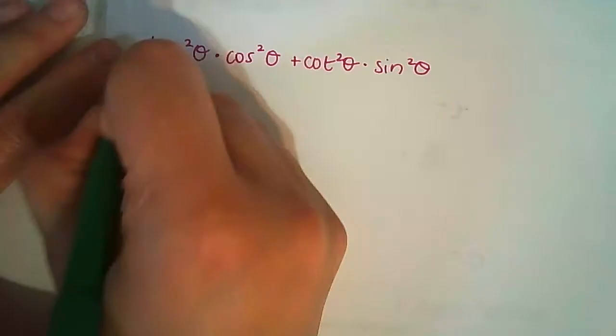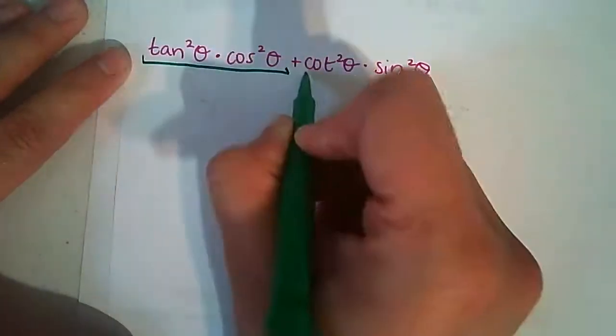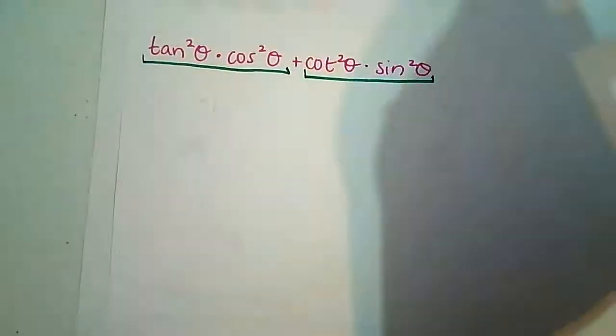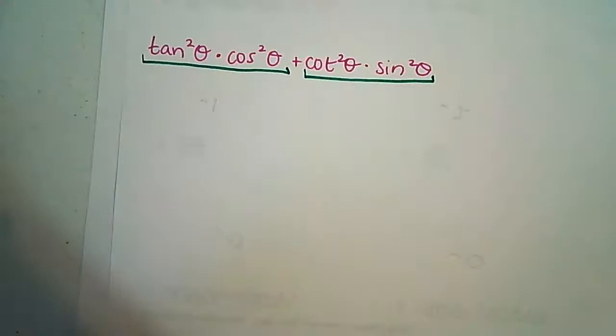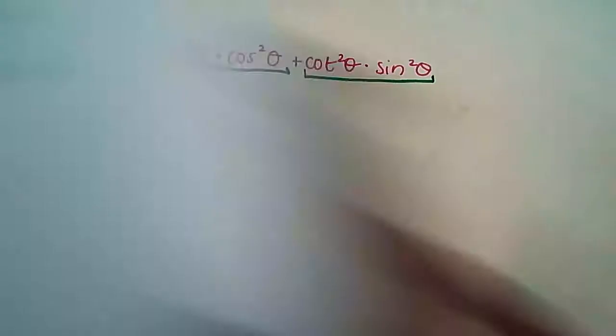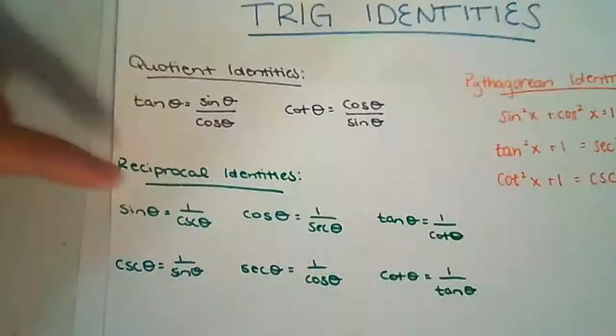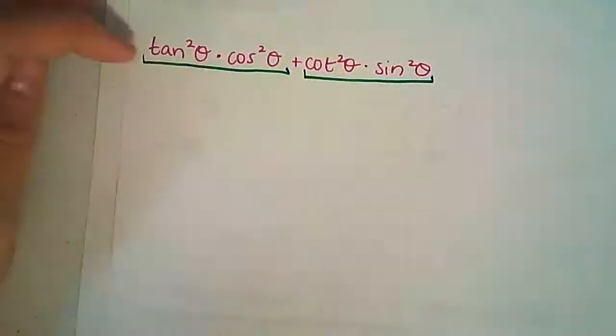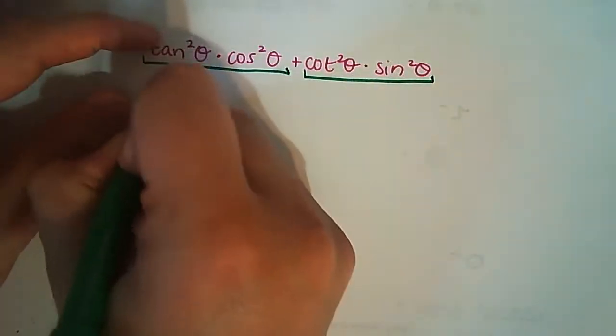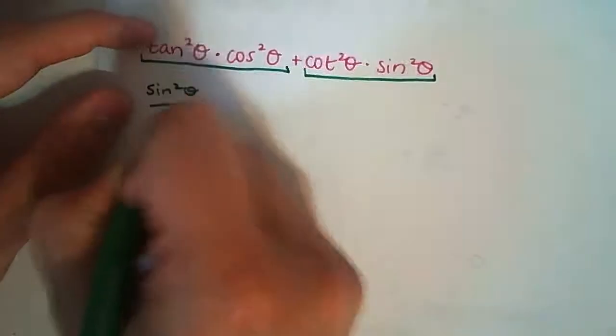So I think I'm going to clean up these pieces right off the bat. And I think in order to do that, I'm going to change things into terms of sines and cosines. So I know another way I can write tangent is as sine over cosine. So this is going to become sine squared over cosine squared